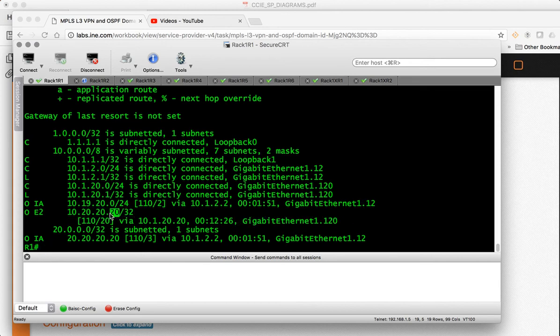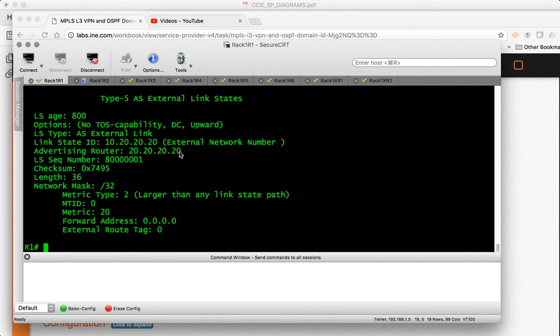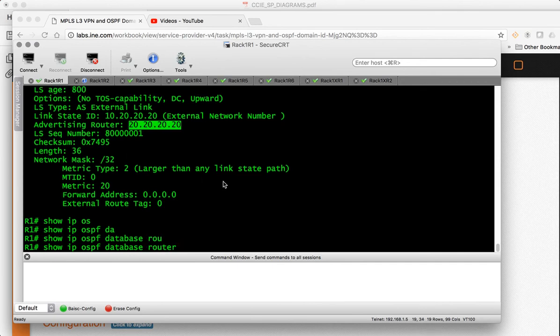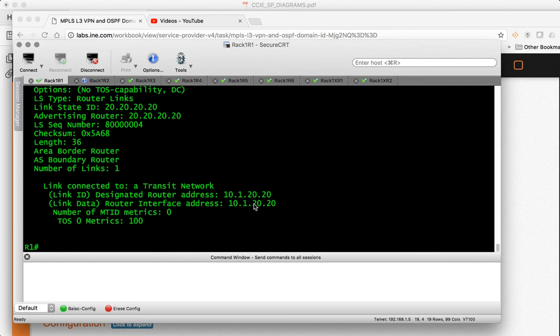When I say that, let me show you what I mean. So it's just show IP OSPF database external here. It's going to say the advertising router is 20.20.20.20, with forwarding address 0.0.0.0, which if we look at this guy's show IP OSPF database router LSA, it's still going to show it going through that link between itself